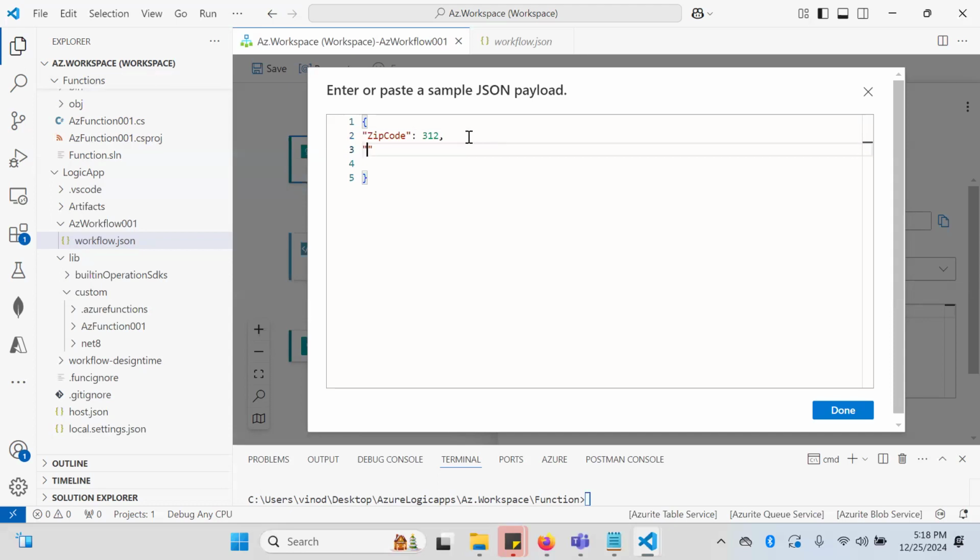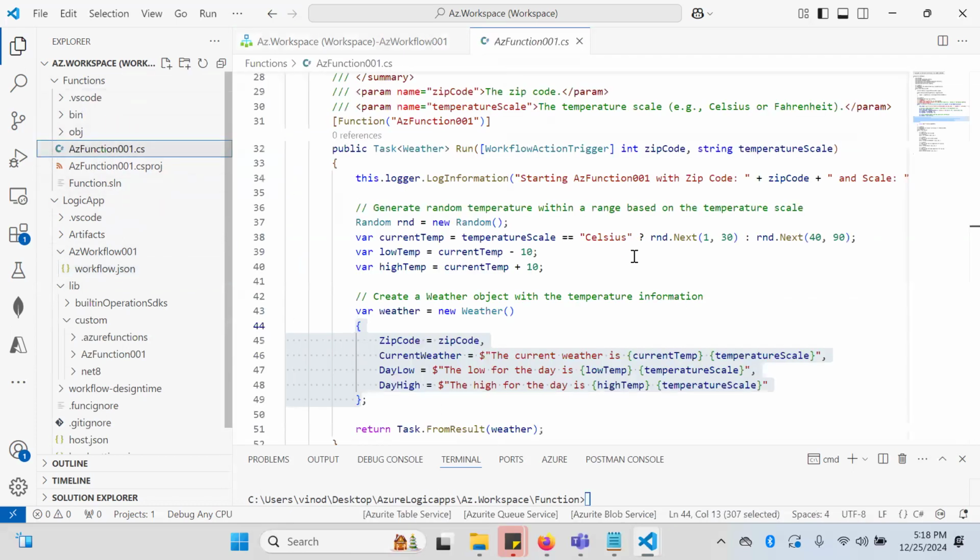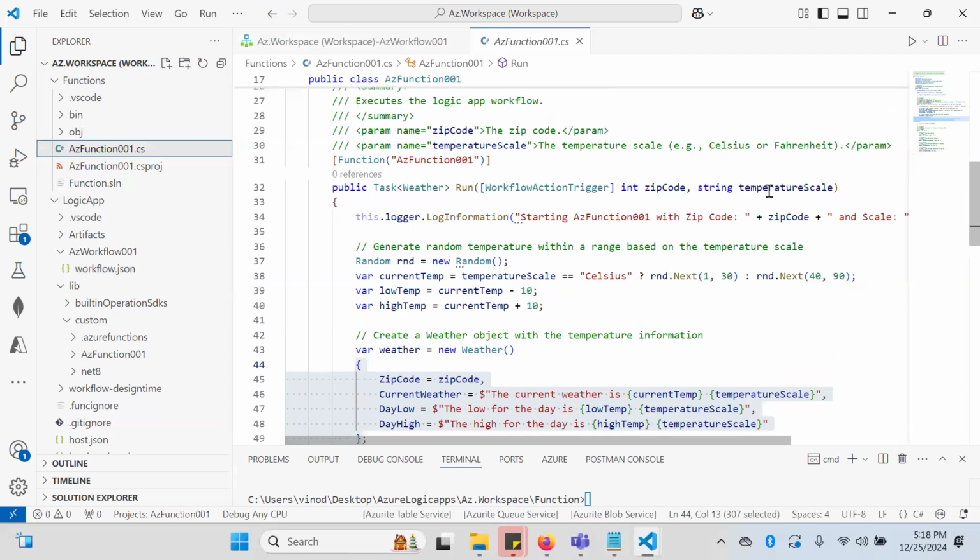I have to create some schema, right? That is the reason. Then I will just give temperature. I think this is string, and this is integer, I believe. Yeah. So you see the schema is here. Let me double check on the schema part one more time. Okay, so I'm wrong in it. So zip code is integer and temperature scale is a